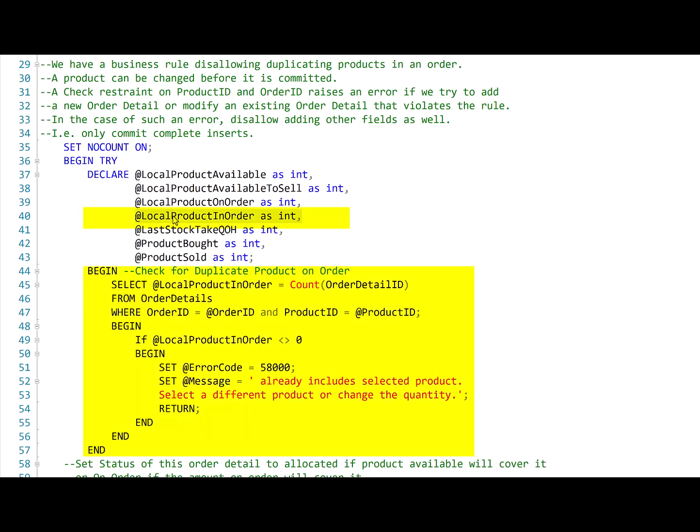It requires a local parameter, local product in order, as an integer. When we check for a duplicate product, we count the number of order detail ID values in the order details table, where the order ID is the same as the order we're trying to update now or add a product to now, and the product ID already exists. If that number is not 0, which means there is a record in order details with that order ID and product, we set a custom error code, set a custom error message, and return, which bails us out of this